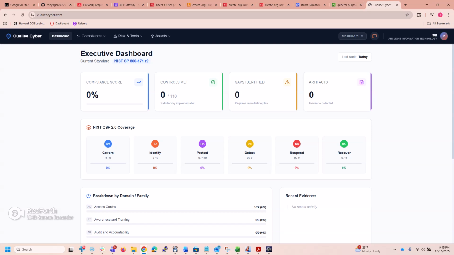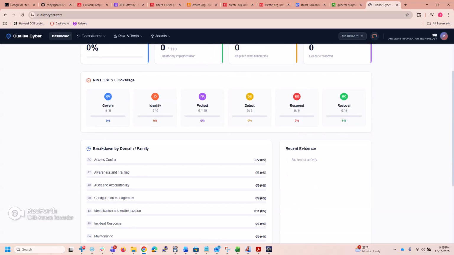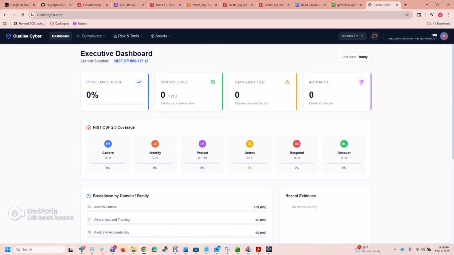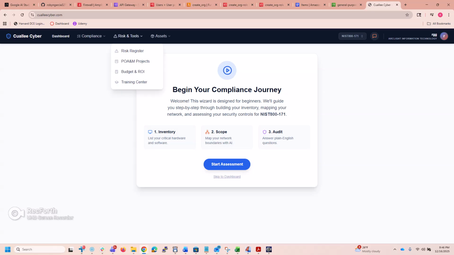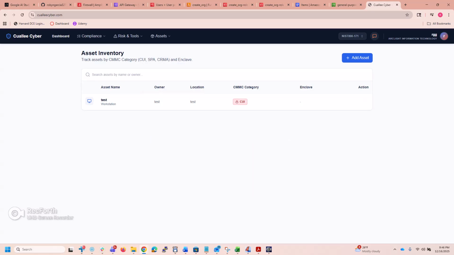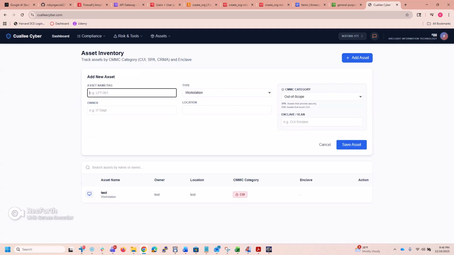This is what the application looks like when we're all logged in, which I think is pretty cool. You can navigate around, you can click around, and it takes you to different places and you can do different things with it. I think it's really cool because you can upload different things. Like I can actually come in here and add things. So test 1, 2, 3, test 1, 2, 3,